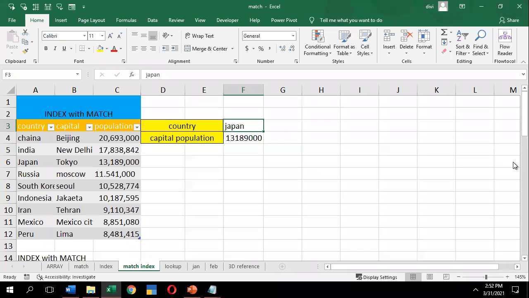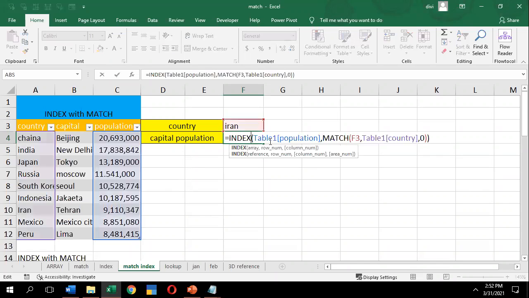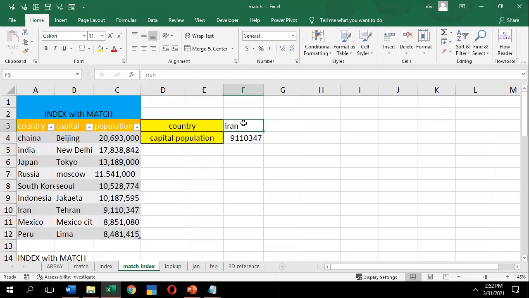Now I want the population of Iran. If I click enter, the data will be presented, 1980. Why? Because I asked under INDEX for the actual value, and in this range, for F3, what you want is Iran. So how do we change the value? It is the same as a database function, but if you use the database, you have to use a criteria. Here, without criteria, you can use this. Clear? It is a nested function.